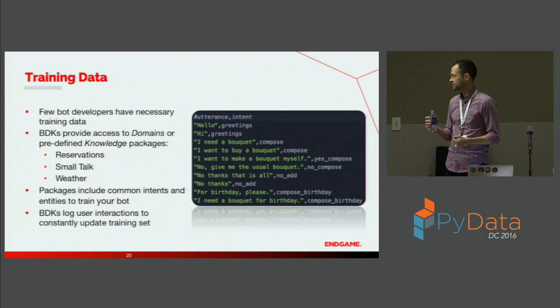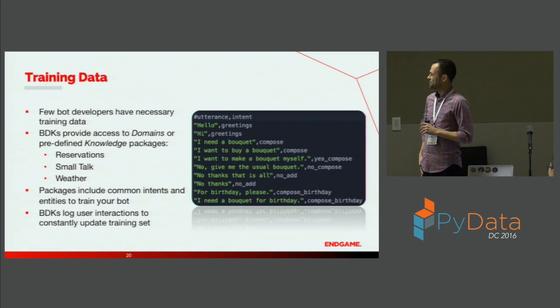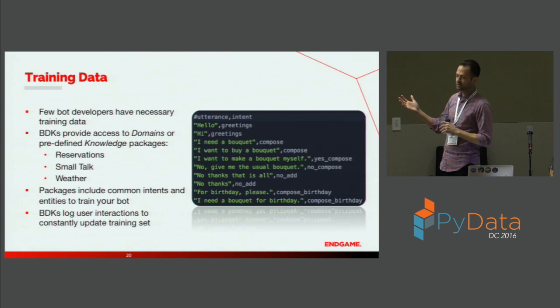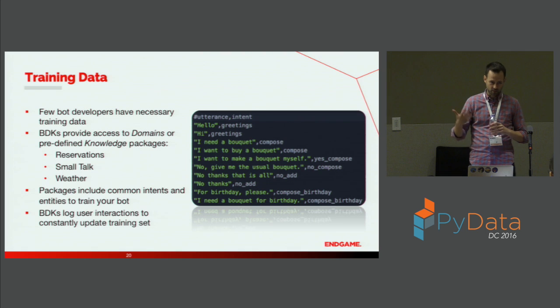So these companies collect all of that data and they kind of anonymize it, and then they make it available to the next person creating their bot saying, hey, you have like 5 good examples, how would you like 300,000? And the answer to that should always be yes, please. Let's make that happen. Additionally, they'll provide common intentions or entities. So PizzaBot, they're going to give you all your toppings, so you don't have to type that out, but give you the option to add in as you see fit.